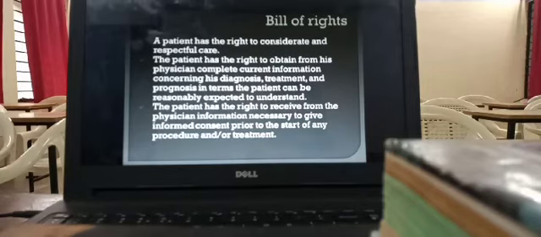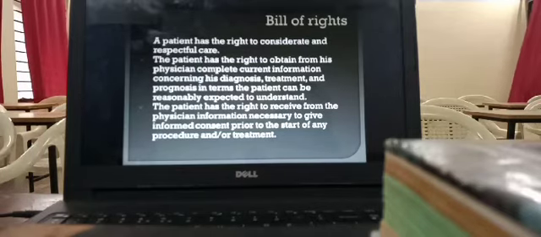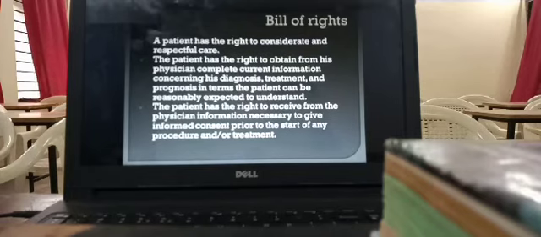Every patient who visits the hospital has the right to know about their current health status, what is going on with their health, what the risks involved are, and how long it will take to cure. So what is the exact diagnosis and what would be the prognosis after treatment? They have all rights to ask the physician about themselves and their illnesses.